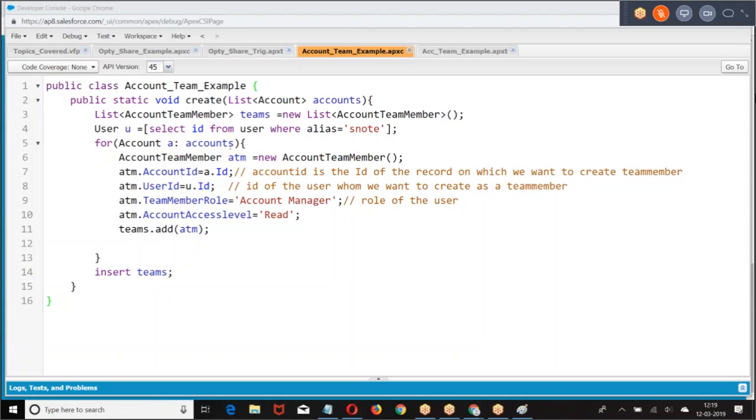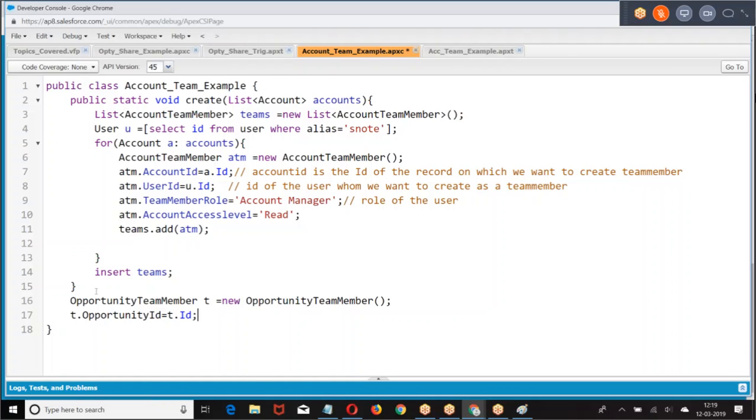Check out this, simply what we are doing. Opportunity. T dot opportunity equal to ID of the opportunity.